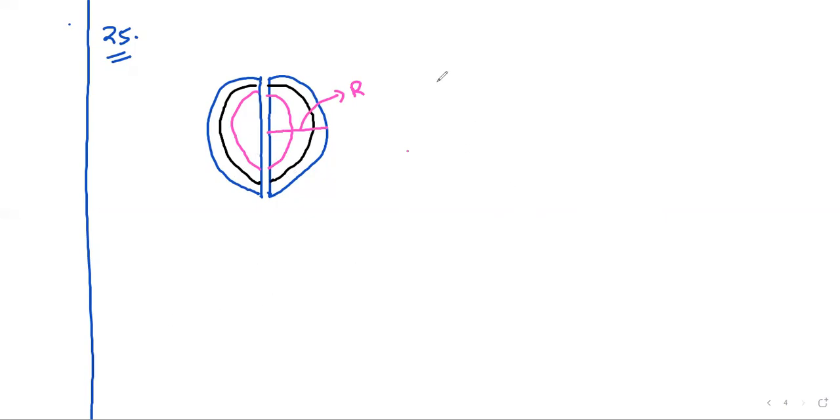So I can write mv square by r equal to bqv, so mv equal to bqr. Kinetic energy equal to half mv square,